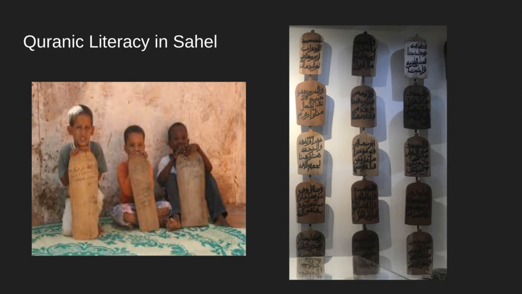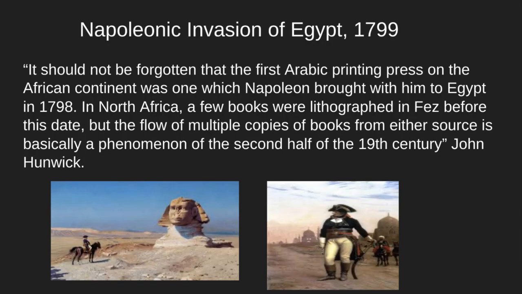And here on the right, this was a photograph I took in Dakar at the new historical museum of Black history, in the room honoring El Hajj Omar Tal, the founder of the Tijani order. And again, you can see Quranic inscriptions on these boards. Okay, so let's put this in historical context.